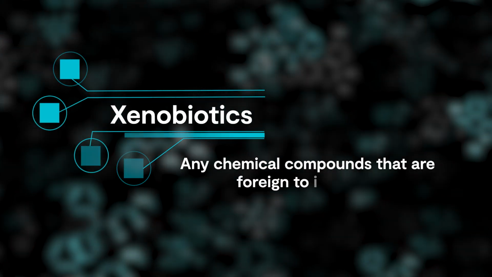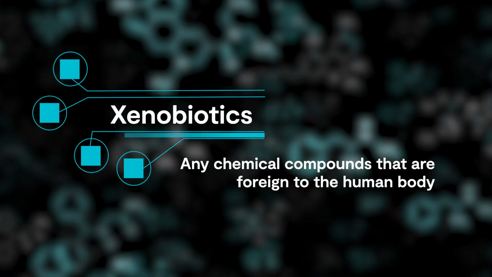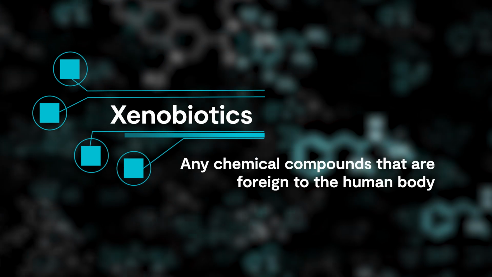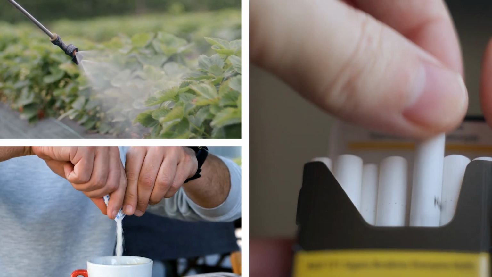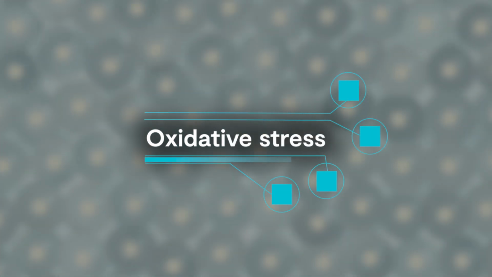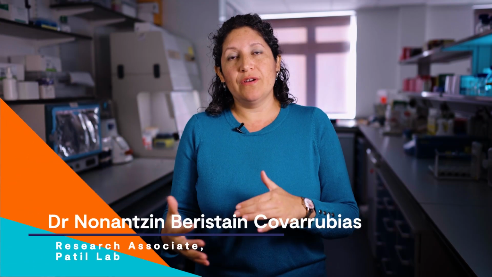So xenobiotics are any chemical compounds that are foreign to the human body, meaning that they are not part of our body naturally, but we encounter them through our environment. Pesticides, nicotine, artificial sweeteners, pharmaceutical drugs. When these chemical compounds get in contact with the cells, they induce damage. This damage is called oxidative stress. And this stress causes inflammation. And this inflammation, if we keep it for too long, will lead to other health problems like diabetes, heart